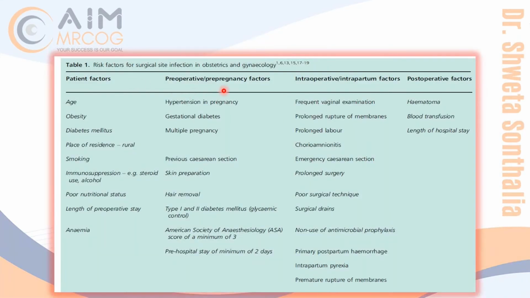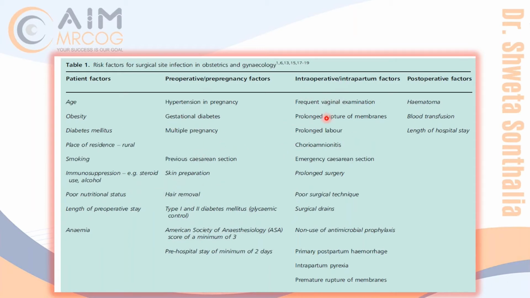Now, risk factor, if you see risk factors are same like we understand for any infection, like if she is obese, diabetes, smoker. Smoker means their vascularity is less. Immunosuppressed, poor nutrition is a very important point usually we ignore. Length of stay in hospital, anemia we know. Pre-operative, if you see any complication like previous cesarean, multiple, all these things, hair removal, whatever you can understand. This you don't have to buy hard. You can understand this in options.